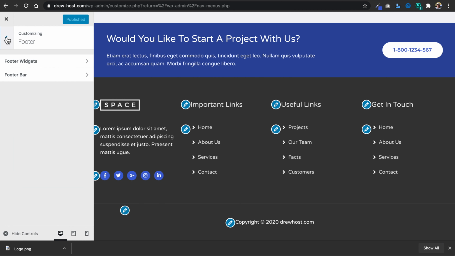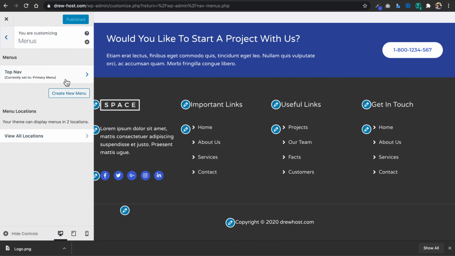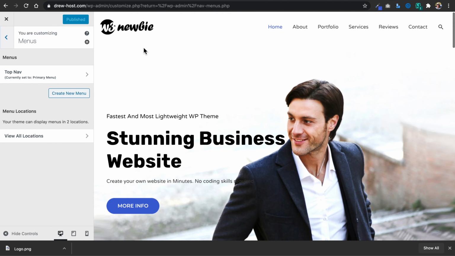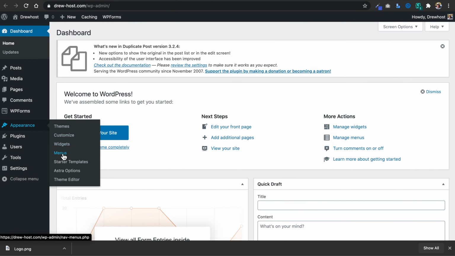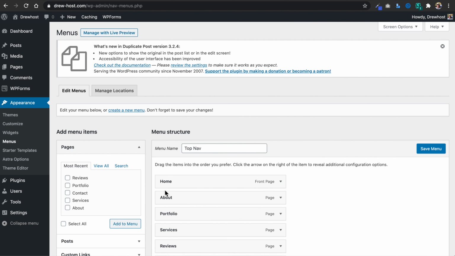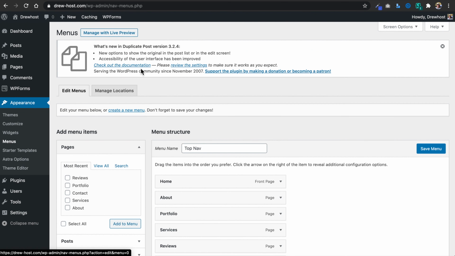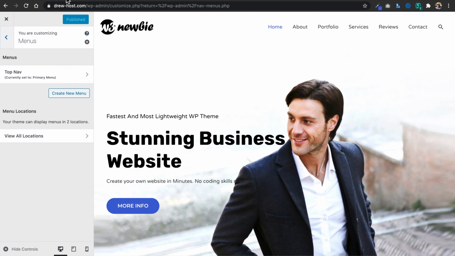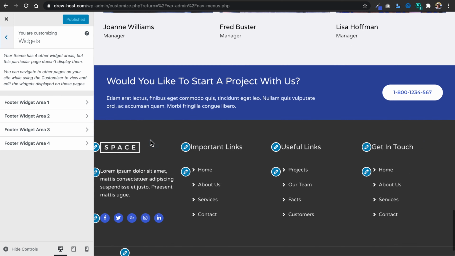moving down the sidebar here in the Astra settings, which is going to be the menus. So we already have our one menu set for the menu at the top of the website. And as we know, if we want to check out the menus through the WP Admin dashboard, we can go to Appearance followed by Menus, and that's where we're going to see the top nav menu that's named in the Astra settings with our 6 navigation menu links. Okay, so moving on, let's drop down to the footer widgets now, which is just under widgets, and this is